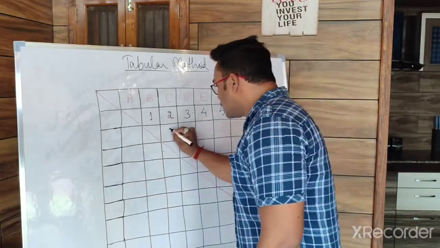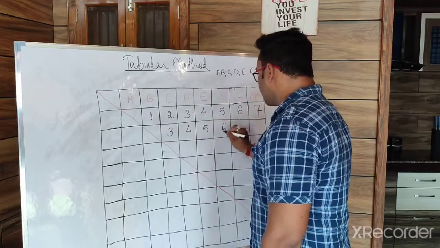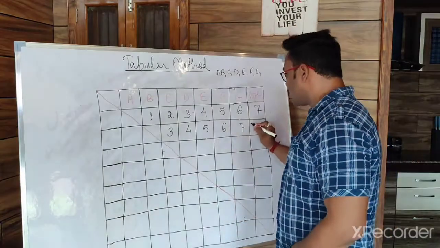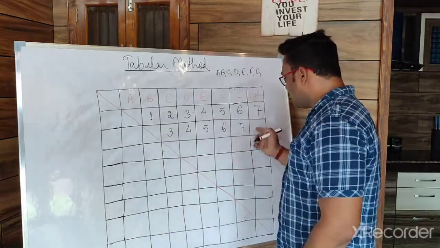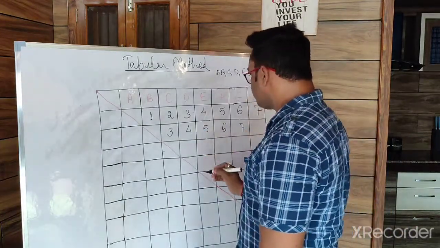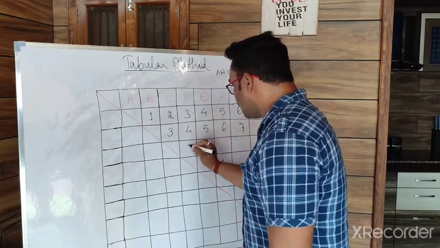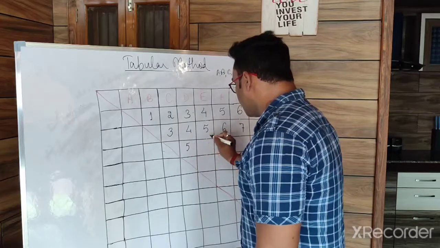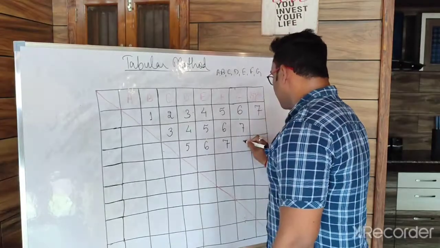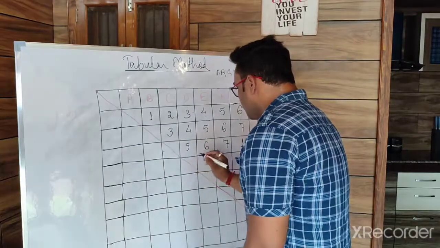After 2, we get 3. After 3, 4. After 4, 5. After 5, 6. After 6, 7. But there are only 7 rounds, so 8 we cannot write. We have to repeat again. Not from here, this you leave, we will discuss it afterwards. From here, we cannot write further. So after 4, we have 5. After 5, we have 6. After 6, we have 7. After 7, we have to repeat till 1. 5 box is cut.